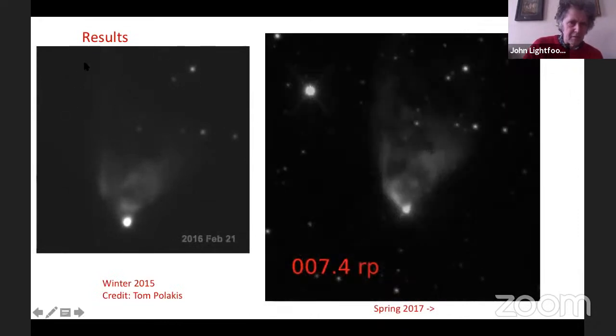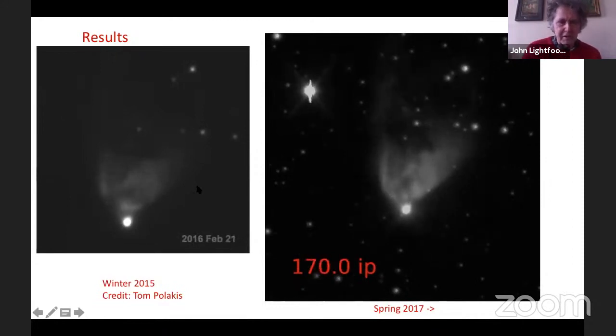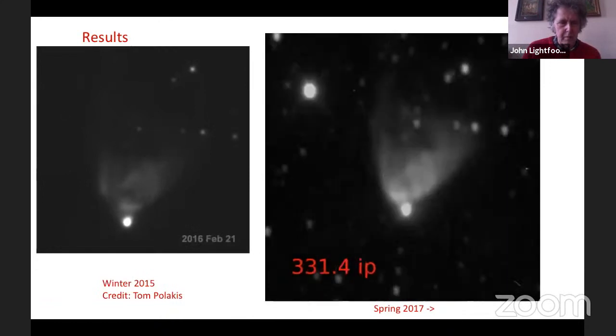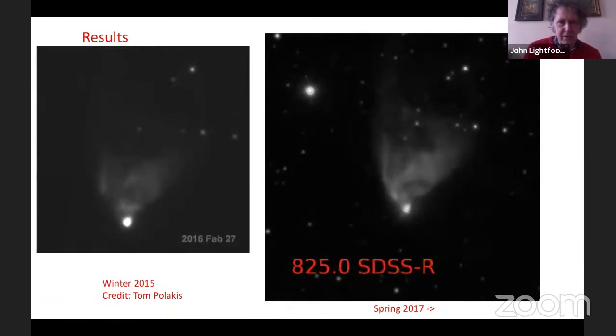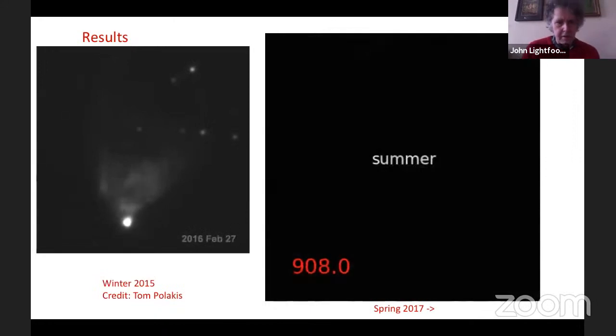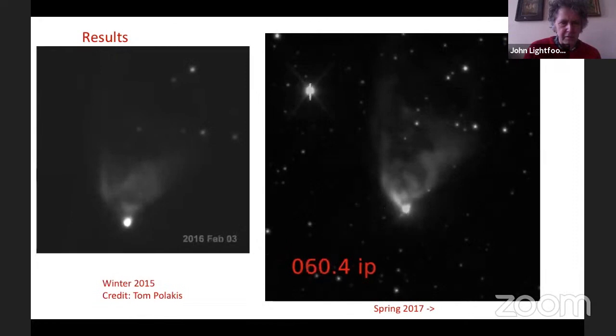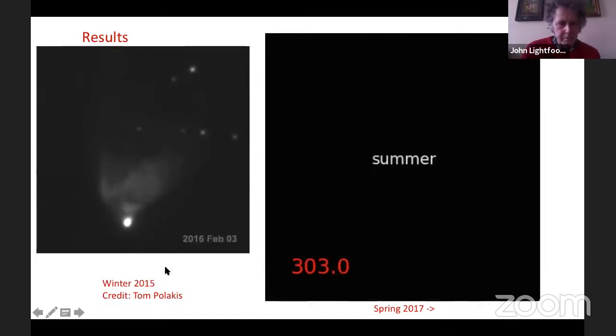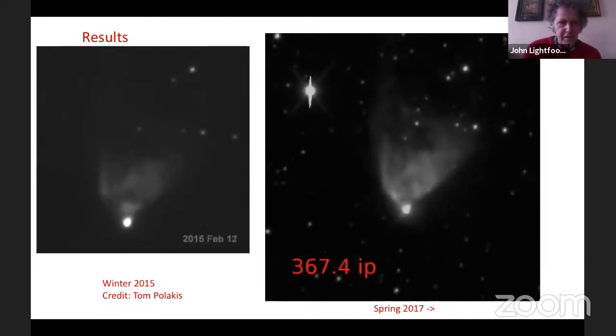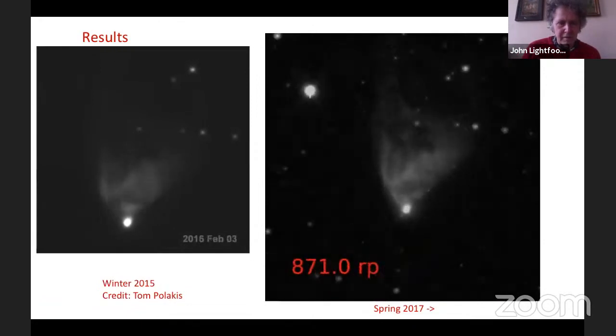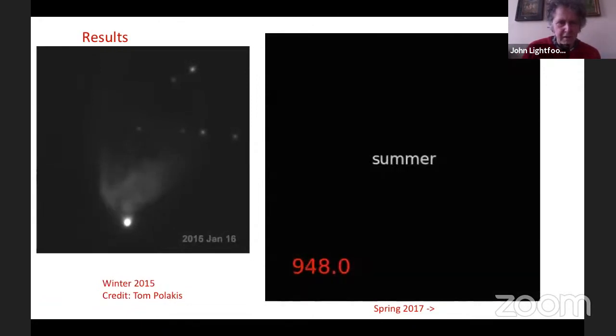Now this is an old slide from a previous talk actually. I added this one because at about the time I was starting to do my observations of the variable nebula with the Liverpool Telescope, an amateur astronomer in Arizona called Tom Polakis put up his movie of variability he'd observed in winter 2015, which is the video shown on the left here. I think he's got a 15-inch telescope in a fairly suburban part of Tempe, a suburb of Phoenix in Arizona.